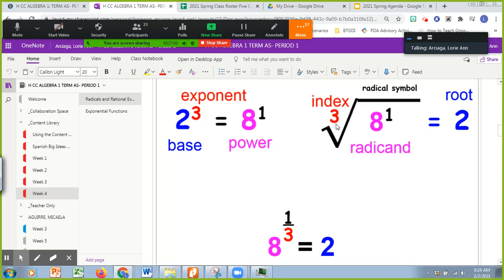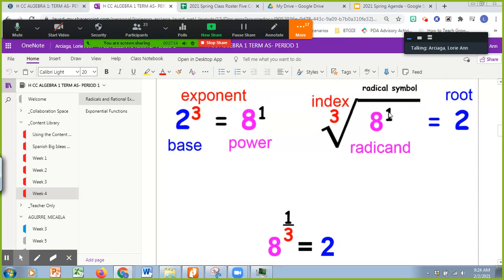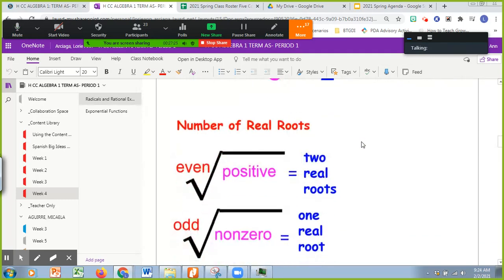So when you rewrite the cube root of 8, it actually looks like 8 raised to 1/3. Because remember the pattern that I gave you earlier? In over out, or numerator over denominator. So the number inside is 1 and the number outside is 3. So up over down, or numerator over denominator. Okay,